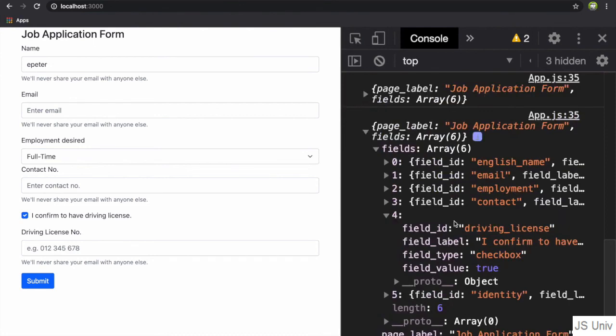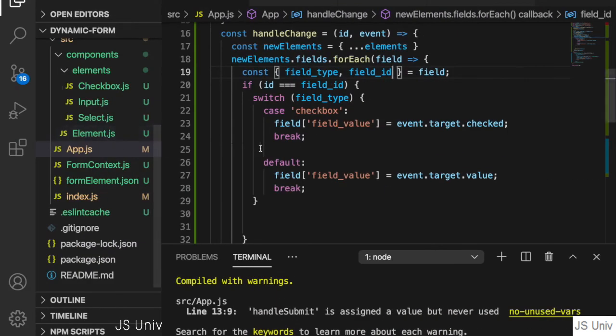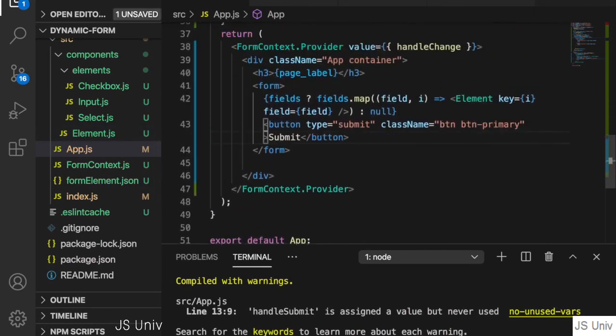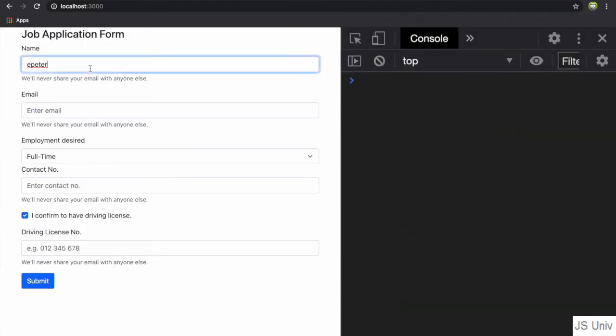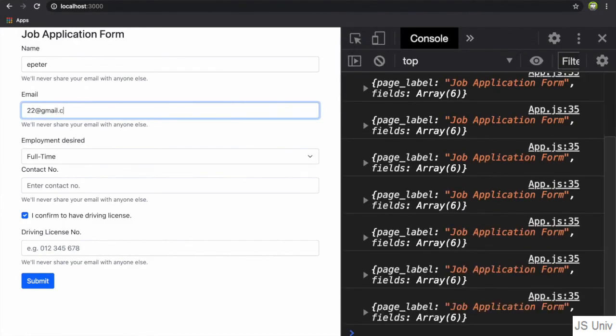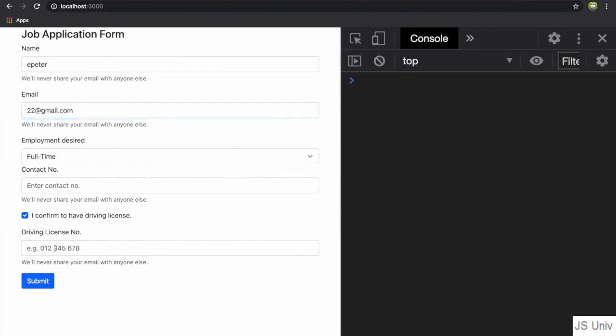So we have already bound all the values and also functions to each field, and so it also generates a dynamic form. And at last we just add a submit function. So we go back to the app.js, and then we type onClick is equal to submit. Now if we type anything and add some email and then click submit,